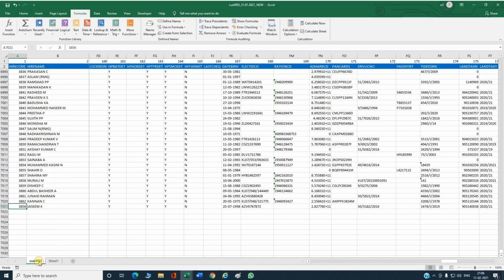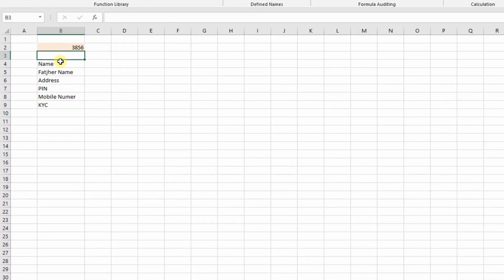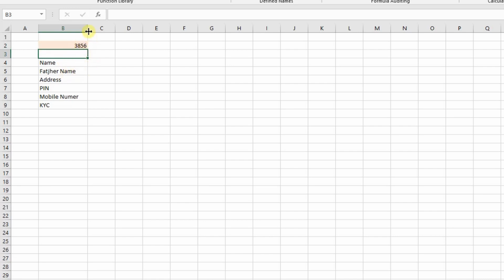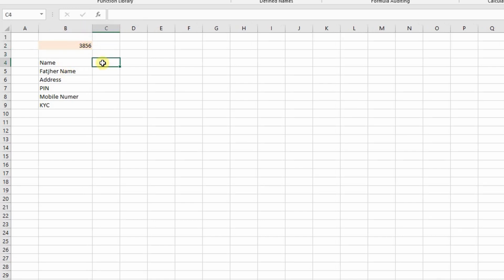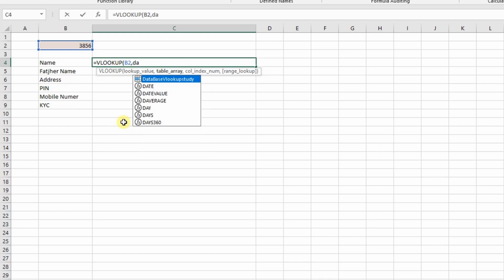So first enter the lookup value here. Now I am entering the account number 3856. This is the lookup value. We are looking up account number 3856 and extracting the details of 3856 here. Now equal to VLOOKUP. The lookup value is 3856, comma, type the name manager we created, database VLOOKUP study, again comma.